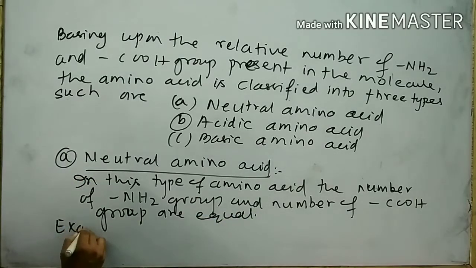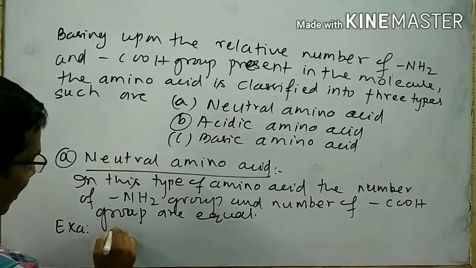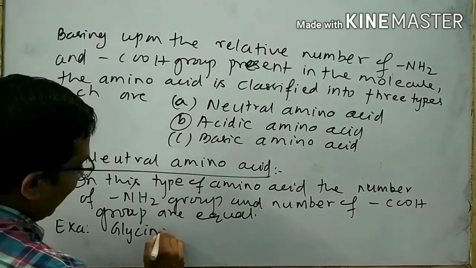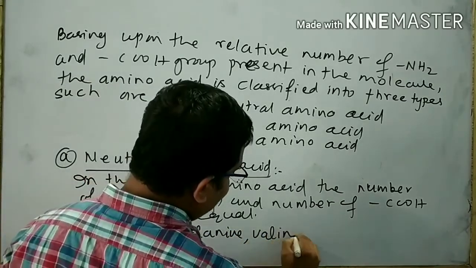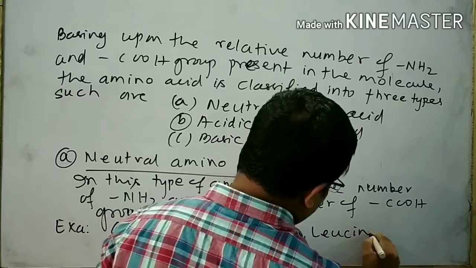The examples of neutral amino acid are glycine, alanine, valine, leucine,